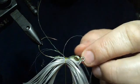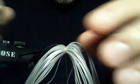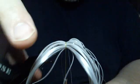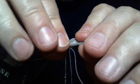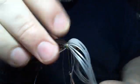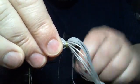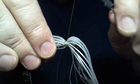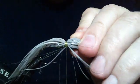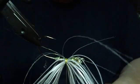And this is what's nice about the rotary vise, is that you could do this and check it out, where when I started years and years ago, I used to have that 2A vise and I'd always have to pull it out and look at it, and I got used to that. And then once I got the rotary, it was like, why didn't I do this years ago? So I'm just tightening it up to secure this so that the material doesn't move when I tie on my next color, which